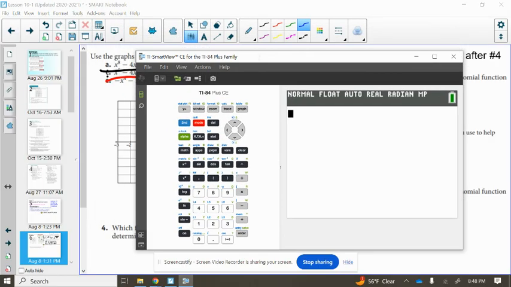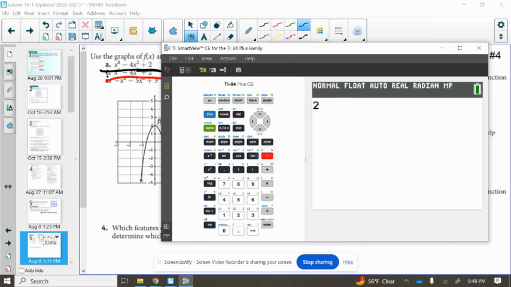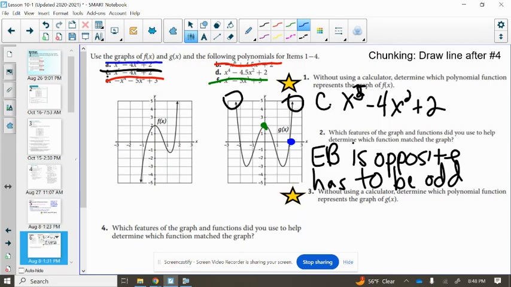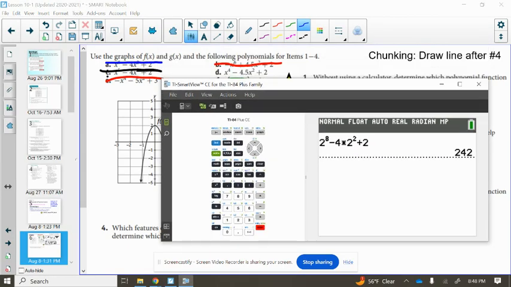So if we plug that into these equations, 2 to the 8th power minus 4 times 2 squared plus 2, what we notice is that is not a zero on our graph A. However, if we plug into our other option here, x to the 4, so 2 to the 4th minus 4.5 times 2 squared, and then plus 2, we do see that this works out to be a zero on graph